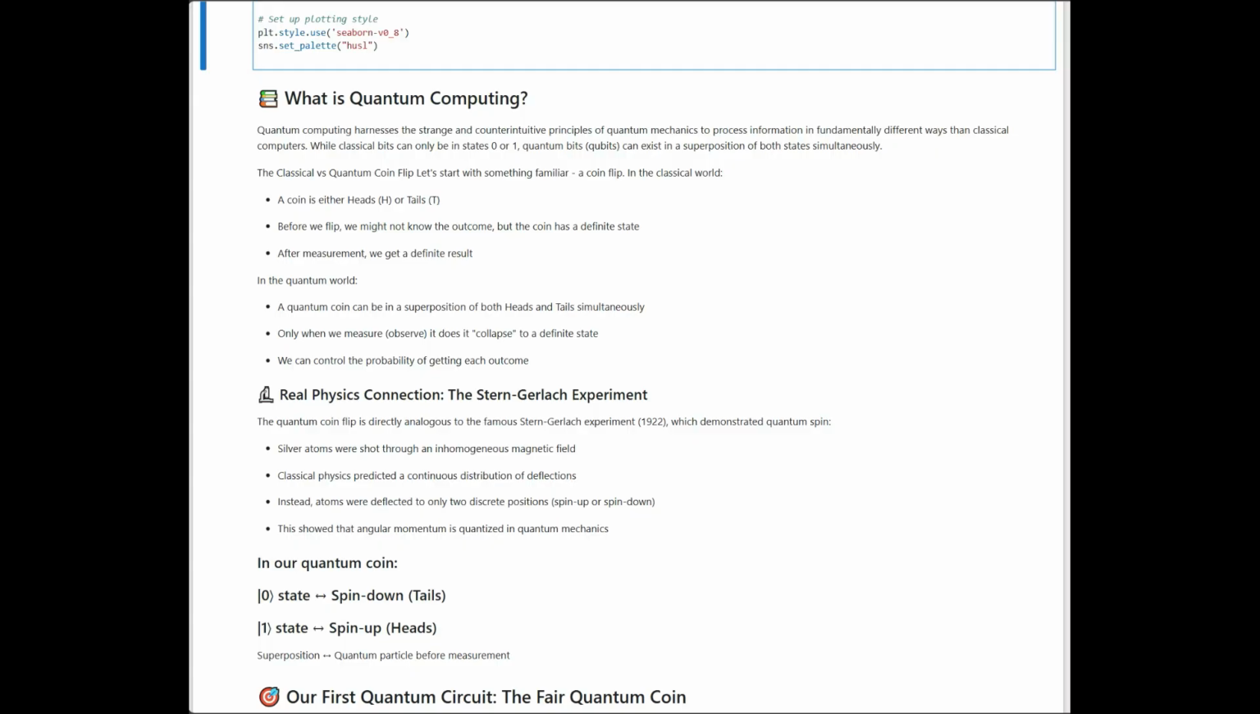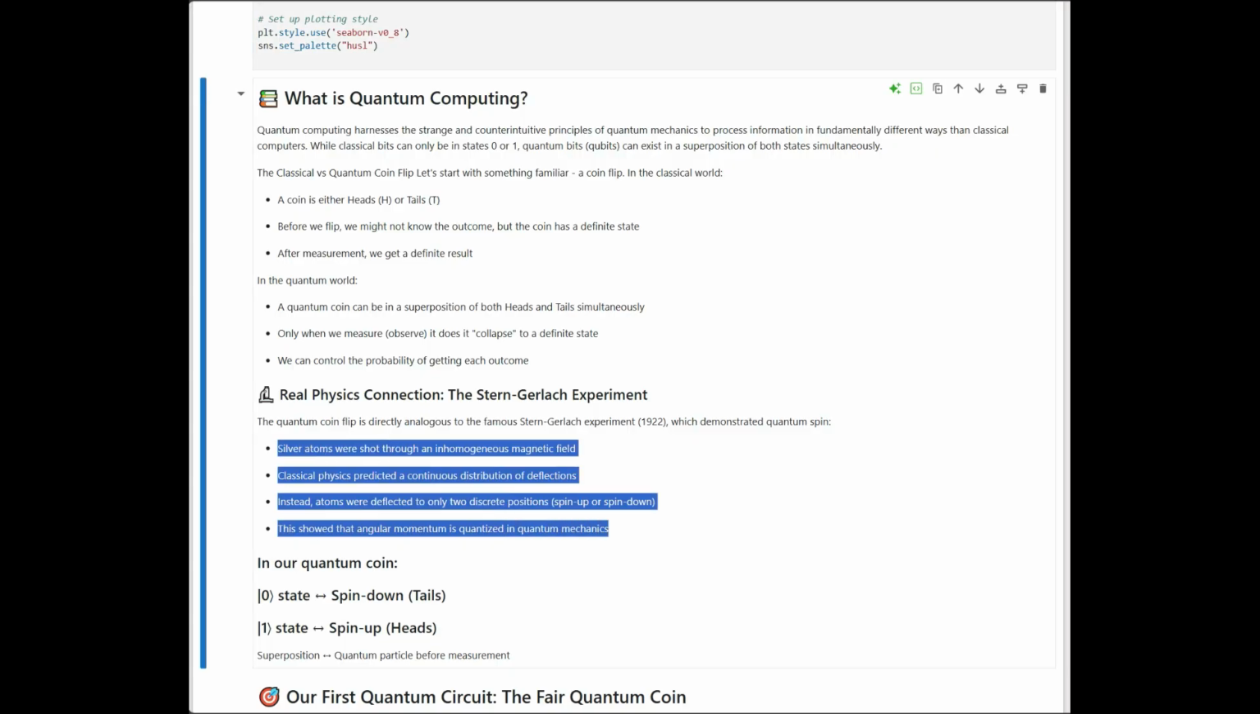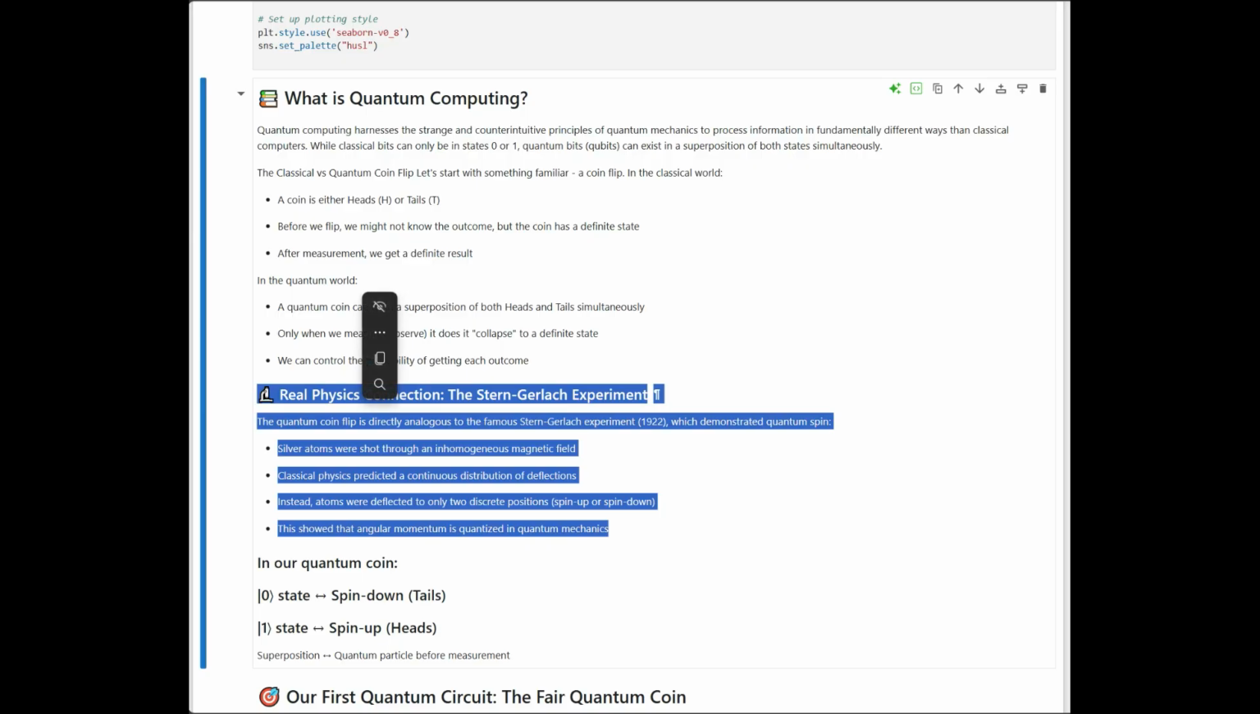So, what is quantum computing? We want to understand the quantum versus classical perspective. Before diving into the code, let's understand what makes quantum computing special. Classical bits are either 0 or 1, but quantum bits can be in a superposition, simultaneously both 0 and 1 until measured. Here I present a real physics comparison that you can look into,